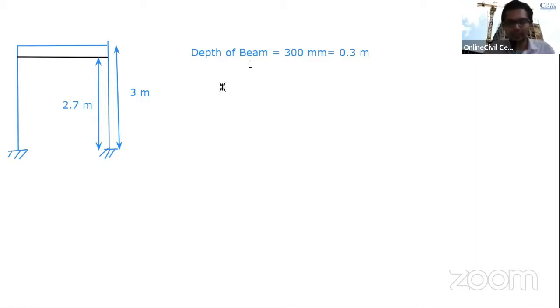So here we can write one particular point: the height of brickwork equals 2.7 meter. So 2.7 meter is the height of the brickwork. We got that. Now to calculate the weight of the brickwork, we need other dimensions. We need to calculate the area, and after that we can multiply it by the unit weight.